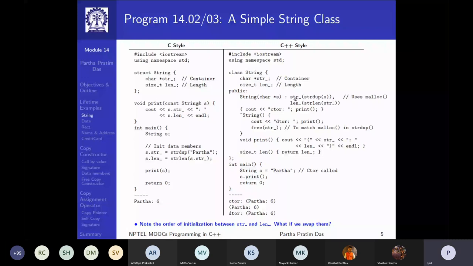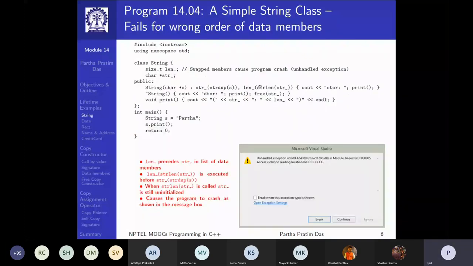I change the order of the container and the length in the string class definition. Suppose I just swap these two. Let's say I've swapped these two. As I've swapped these two, this is the behavior that I get. The program crashes. I get an unhandled exception. Why do I get that? Since I've swapped these,